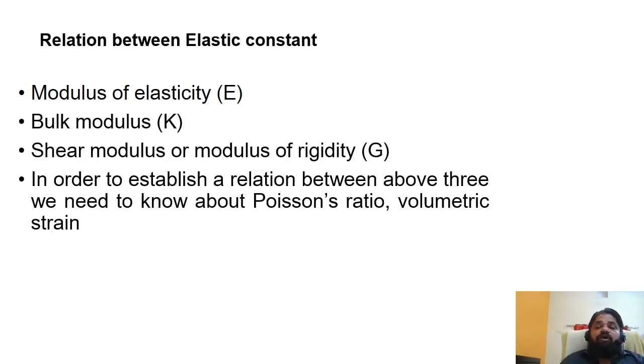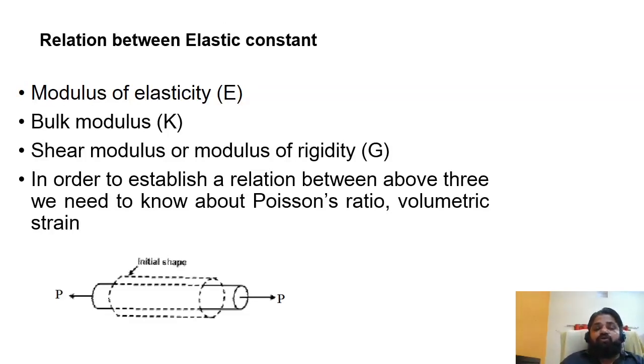Now the volumetric strain, since there is a normal stress, the normal stress always tries to distort the body, or it will try to change the volumetric strain. Now we must know what is volumetric strain. Most of you know what is volumetric strain. We just go on to calculate what we calculated during the discussion of the Poisson's ratio, Hooke's law. The same procedure will be followed over here.